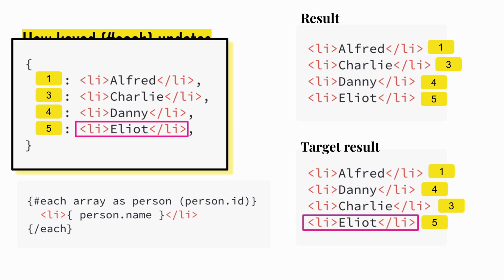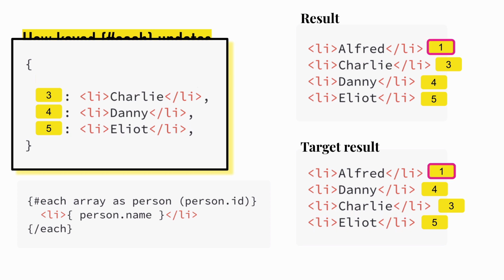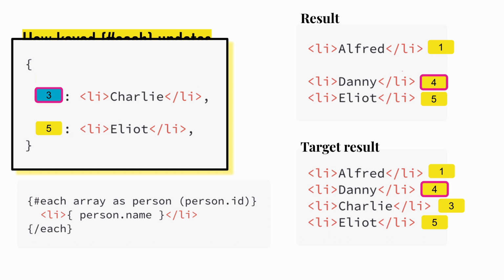That's great. And now let's go through the list again by just looking at the key, right? We have key 1. We have key 1 on our first element on the DOM. That's great. Let's move on. We have key 4 on what we want is key 4, and what we have is key number 3 on the screen. Okay, that is not correct. So we're gonna temporarily take it out. Take it out for now, and let's take a look at the next element on the screen, which is key number 4, which matches what we want, right? And that is that. So we can strike that off from the mapping,